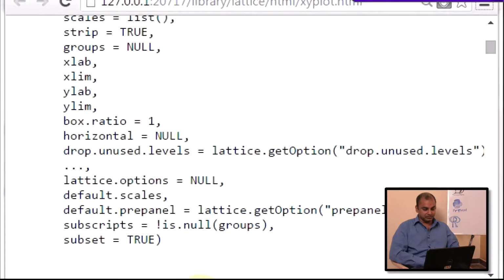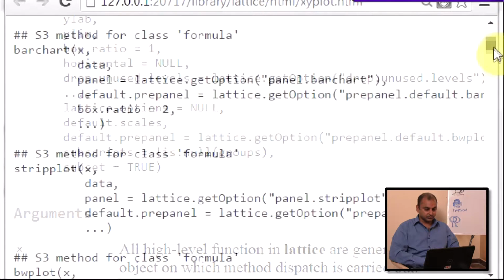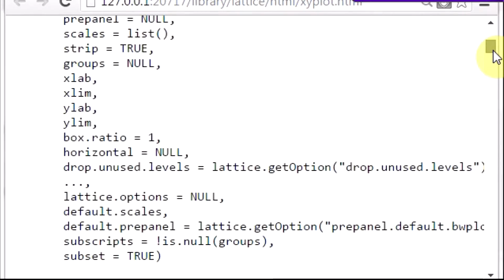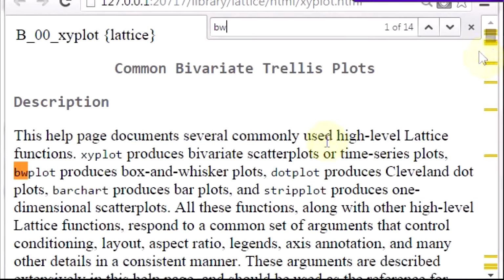Let's go to the help. What does the BW plot do? So BW plot produces box and whisker plots. XY produces bivariate scatter plots.